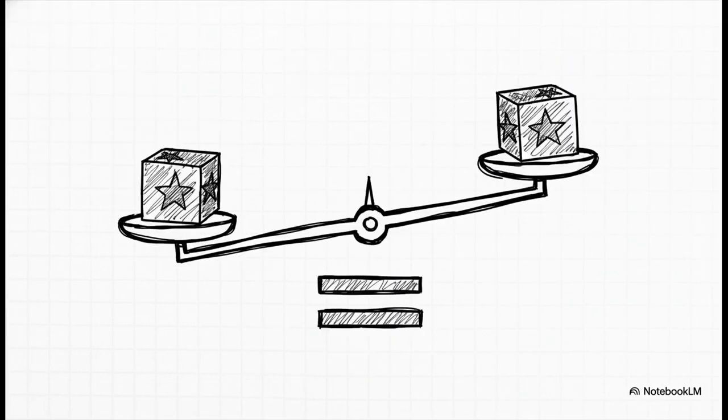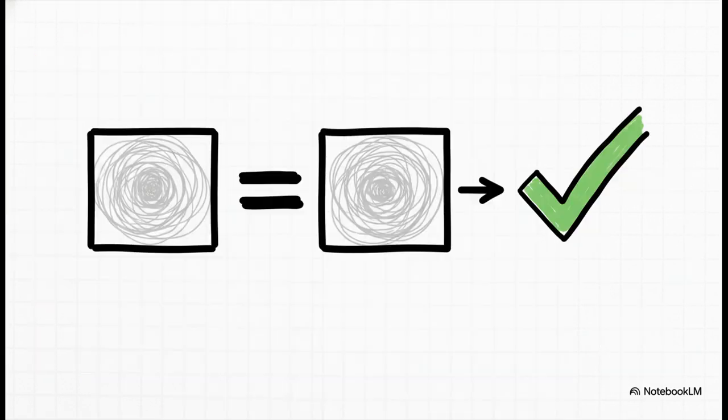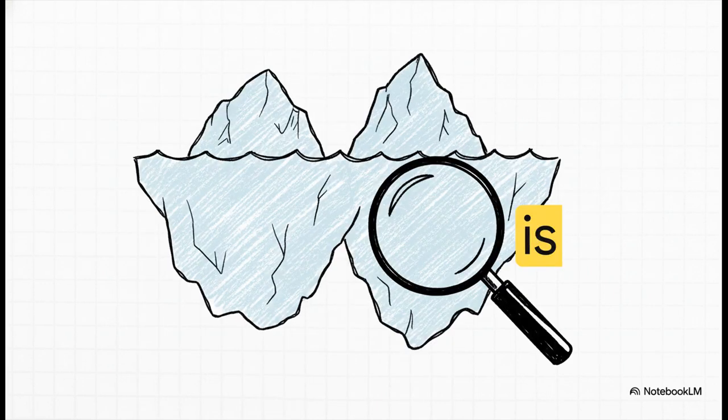Okay, first up, the one we all know and love, the double equal sign. It's super simple. It just asks, do these two things have the same value? That's it. And yeah, this works exactly how you think it would. Same numbers, so of course it's true. But now, let's bring in the is operator. And this one's